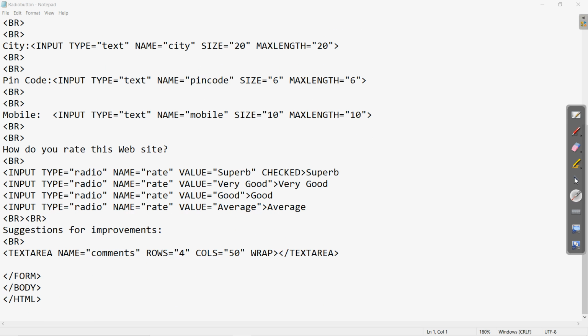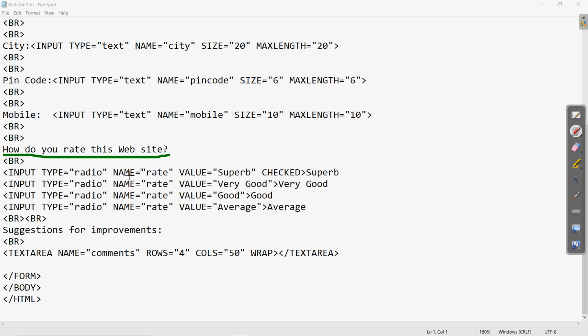Now here is the question which will appear on the website, like how do you rate this website. So if a person is visiting any website and we want to take feedback from the user by using a radio button, you can give a rating that the website is good, very good, or average. Related to that we can give the options in the radio buttons.